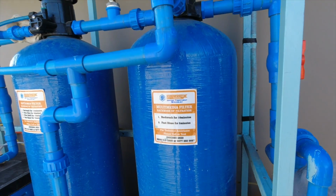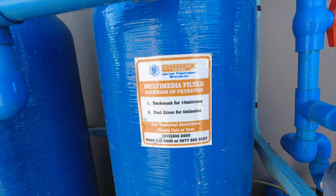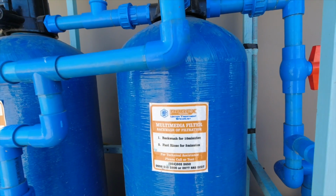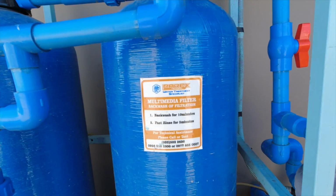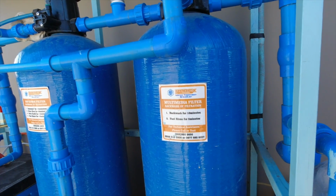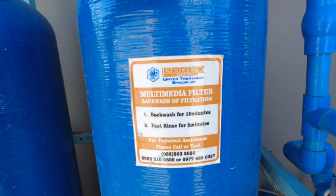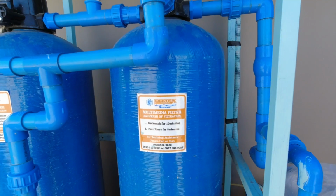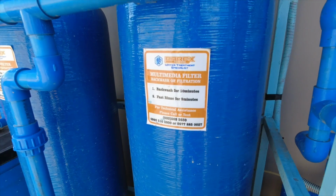Like I said, our water treatment is by Pyrex. They are located in Haro, Iloilo City, in front of the Toyota, right? Across the street from the Toyota dealership, somewhere there. They have an office there with all their equipment. You could actually contact them on that number right there, and you could look for Ian, and they could consult with you on if your water source is good enough